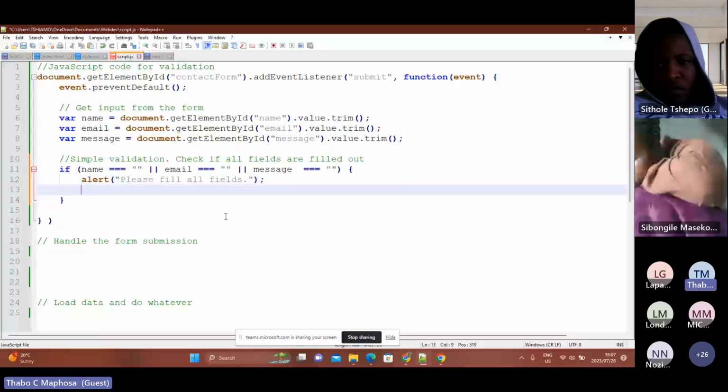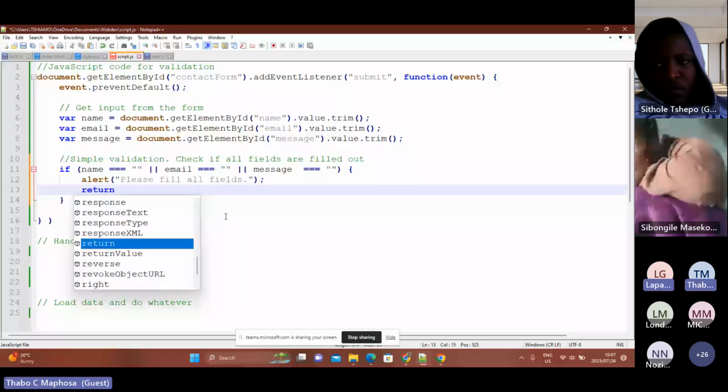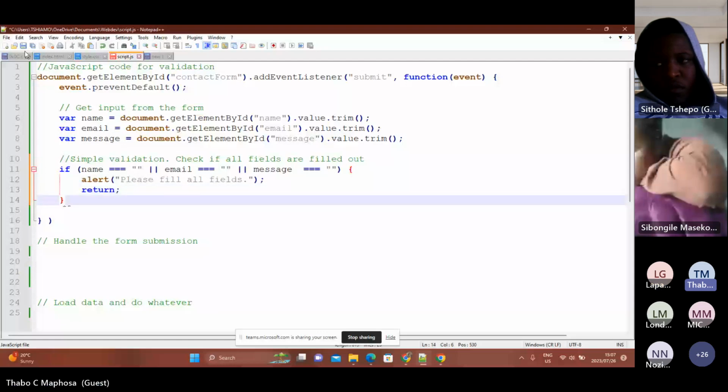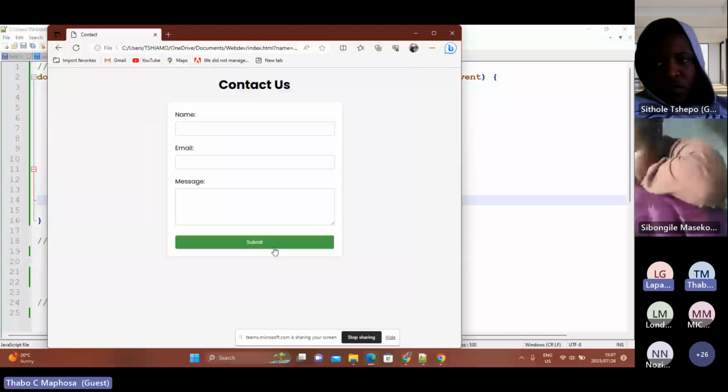And then from there, return it. Return it just means close. Let's go back and start again. That's what return means. Now, let me show you what this basically looks like. After we have this, now I can do this. If I press submit,